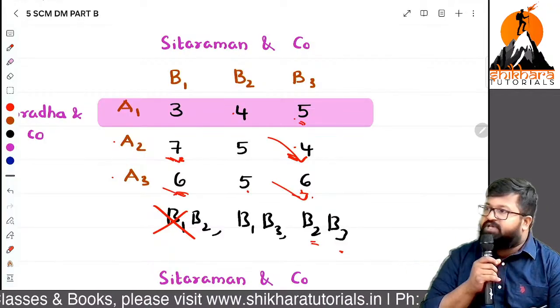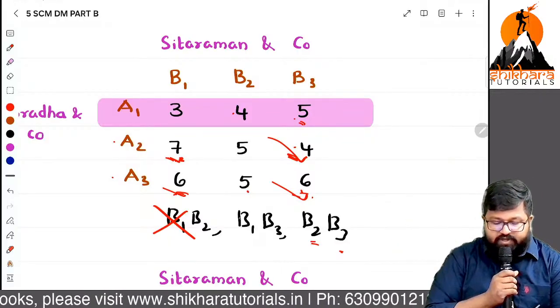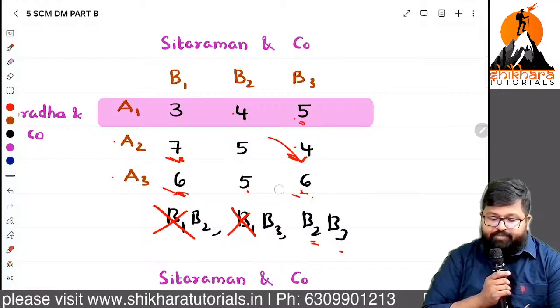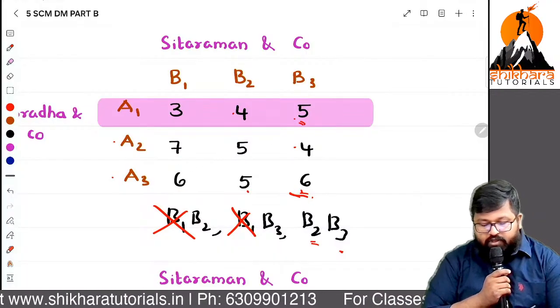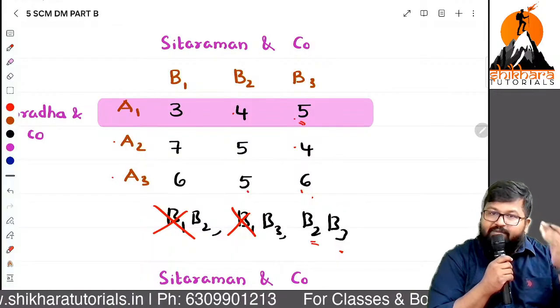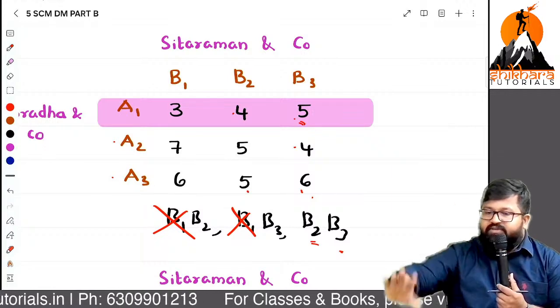Okay, which one will I keep, sir? I'll keep B3. Which one will I eliminate, ma? B1. So again, B1 is eliminated. Now, if I compare the last pair, what is that last pair, ma? B2 and B3. If I compare B2 and B3, okay, if you go with comparison, sir, game theory and all,